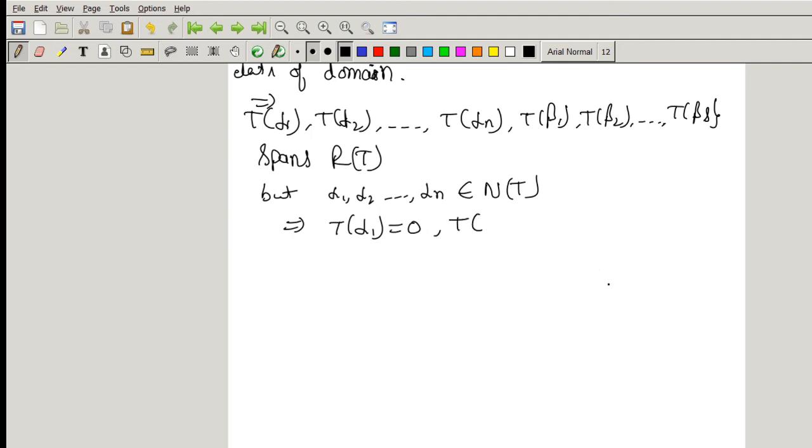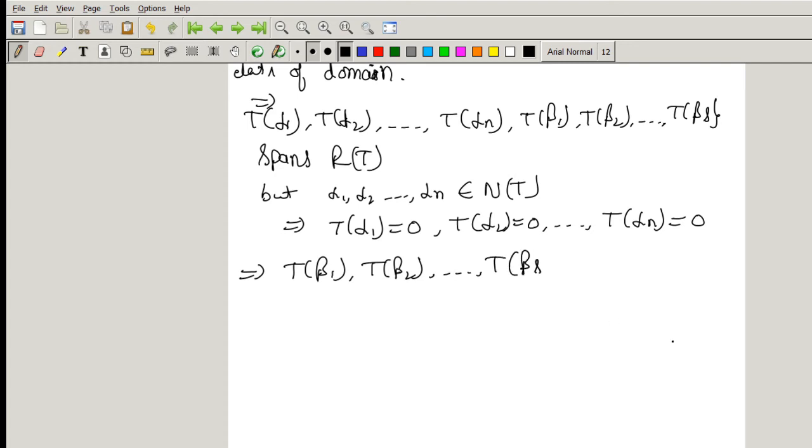T of alpha 1 is equal to 0, T of alpha 2 is equal to 0, so on up to T of alpha n is equal to 0. Where these elements have become 0, we are left with T of beta 1, T of beta 2, so on up to T of beta s